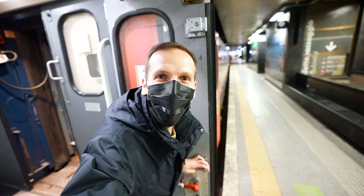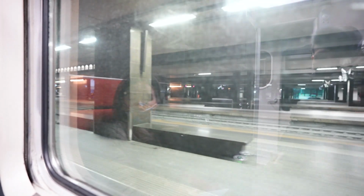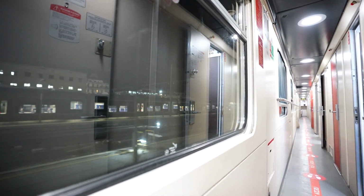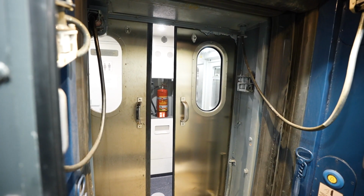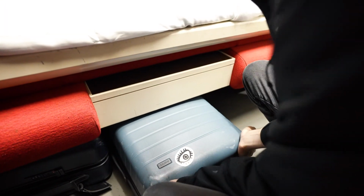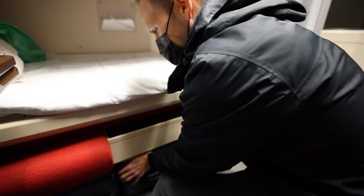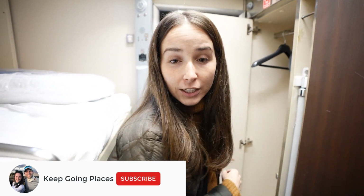All right, y'all, we've made it here on the train finally. Everybody's getting settled in, getting ready to depart for Sicily. It's a little stuffed. What are you packing in here these days? Good night. Welcome to car number 7, beds 11, 12, and 13 here on the Intercity Notte